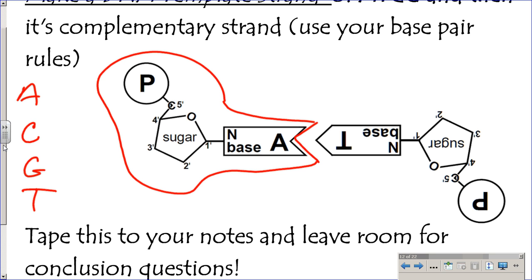Then you're going to make a straight line down your paper in the order of A, C, G, T. This is called the template strand, TS for template strand. You're going to make its base pairs, and I'm calling that the complementary strand. And we noted that the T was upside down because of the anti-parallel nature of the DNA. All right, raise your hand if you're missing a color, missing a particular DNA nucleotide.